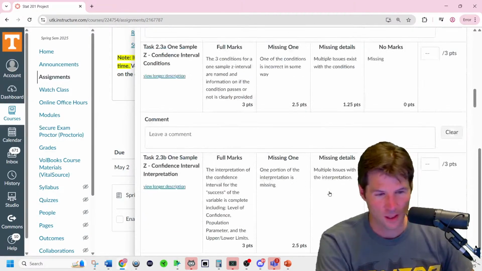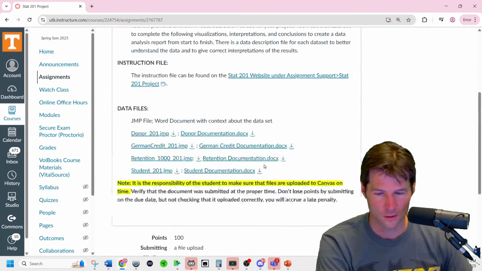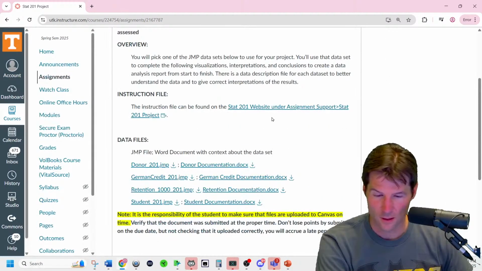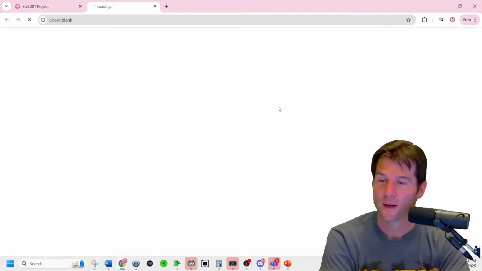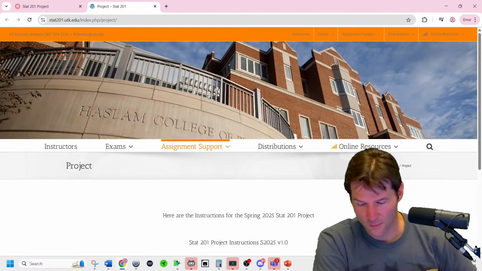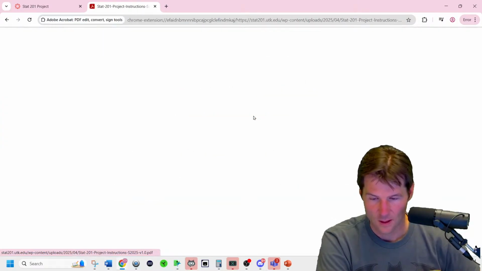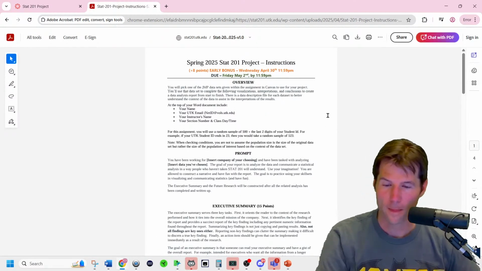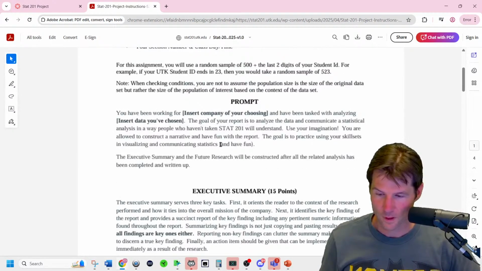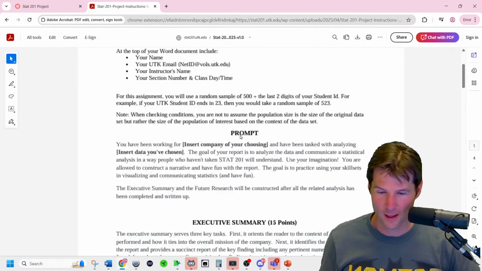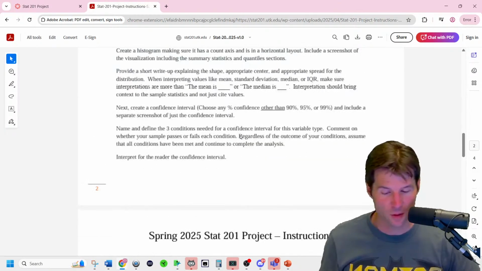And so I wouldn't start it yet. And do not cheat. Whatever you do, do not cheat. And if you go over here, you go to the instruction file on the web page. There you go. Here are the instructions for the Stats 1 project. And here is the due date. We got so much time. And you want to make sure you write everything on your own because there's already been some small issues with cheating, but